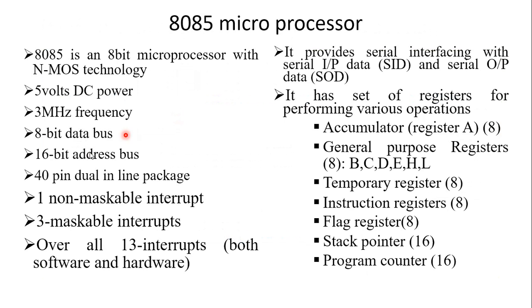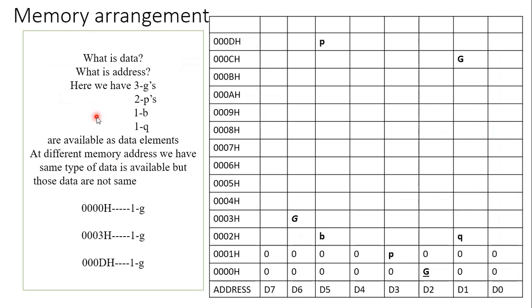The 8085 has an 8-bit data bus and a 16-bit address bus. What is a bus? It is a set of conducting wires which carries some information. What is data and what is address? What is data bus and what is address bus? Let us consider a 16 floors apartment. At each floor we have 8 flats available and some persons are residing in these flats. If you want to meet a person G, how do you meet? Because we have 3 G's residing in this apartment. By using the floor number and the flat number, we can find our required G.